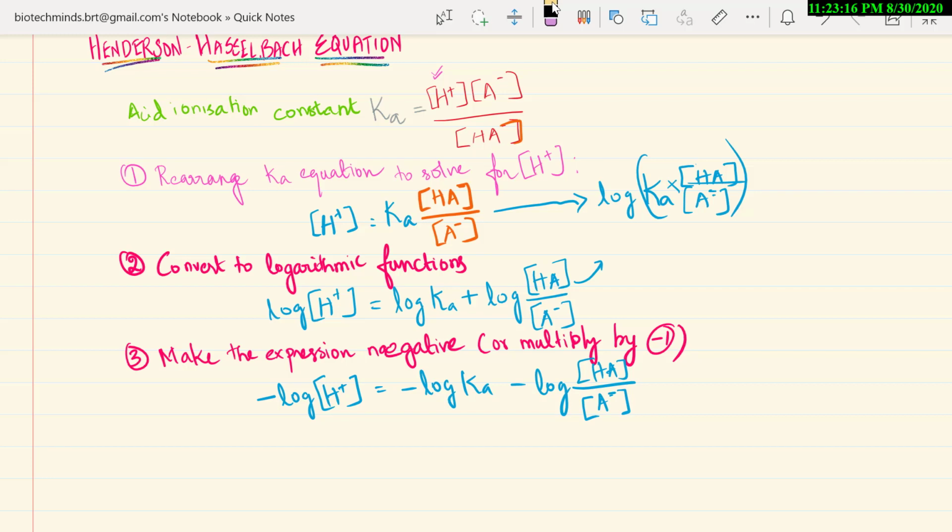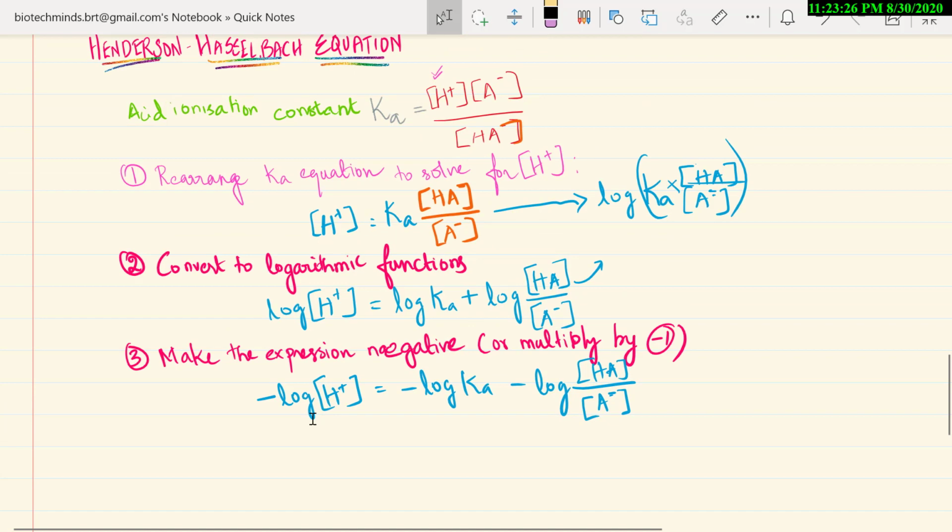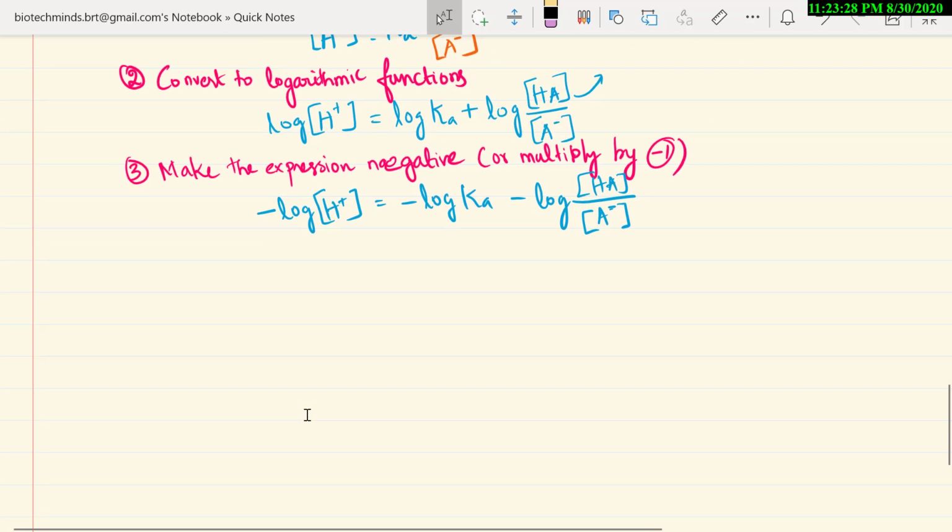conjugate base. Again I am repeating all these terms, concentration of, because it should stick onto your mind as it is. Just don't read it as bracket HA, something like that. Okay, then only you can recall this derivation step by step from my audio itself. That will stick onto your mind. Next, fourth step. So simply we have applied a minus 1 to all these terms. So nothing more to explain here. Simple.